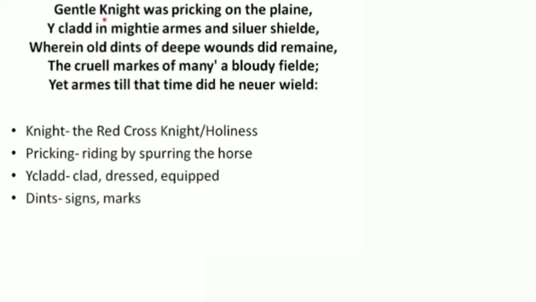A gentle knight was pricking on the plain, yclad in mighty arms and silver shield, wherein old dints of deep wounds did remain, the cruel marks of many a bloody field, yet arms till that time did he never wield. So a gentle knight, it is a reference to the Red Cross Knight, as we had just read in those four lines, that the knight in this canto 1, book 1 is the Red Cross Knight,